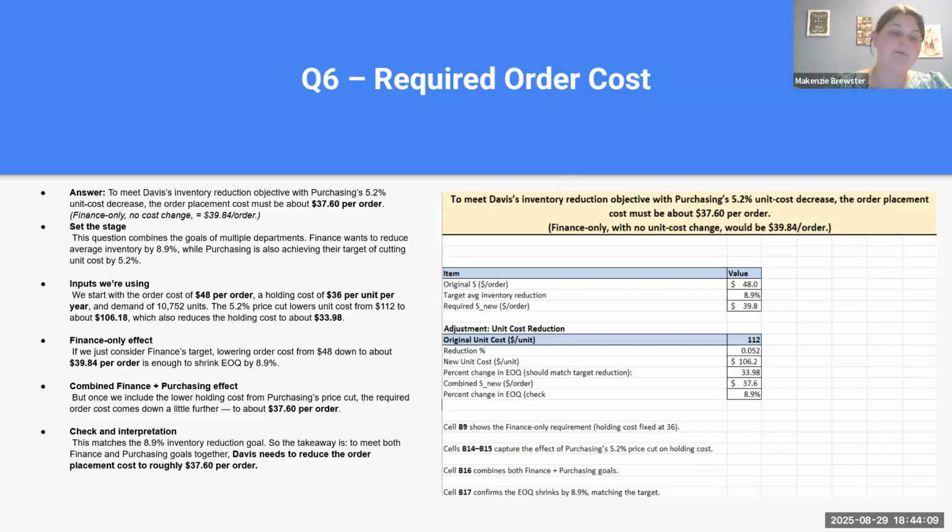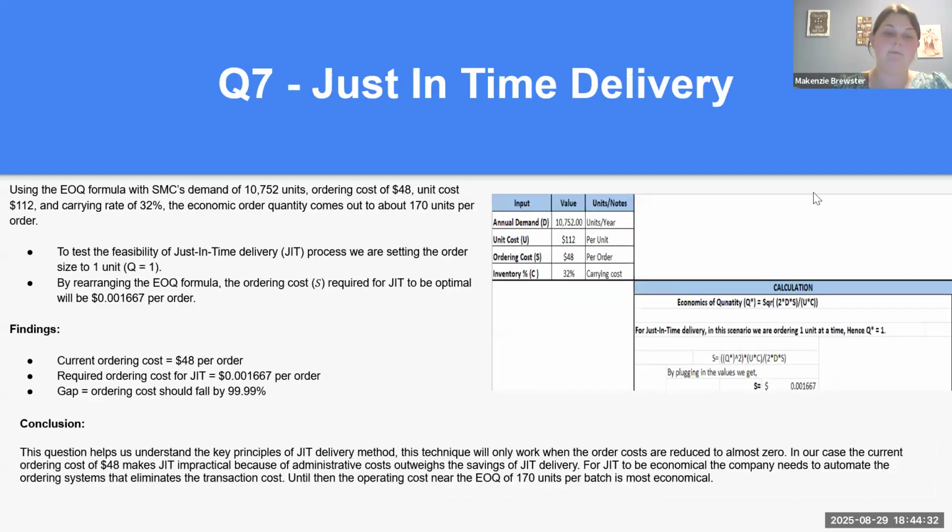If you combine the finance and the purchasing effect, you determine that the required order cost comes down a little more to 37.6 per order, and the overall answer to the question is that Davis needs to reduce the order placement cost to roughly 37.6 per order. Question 7: